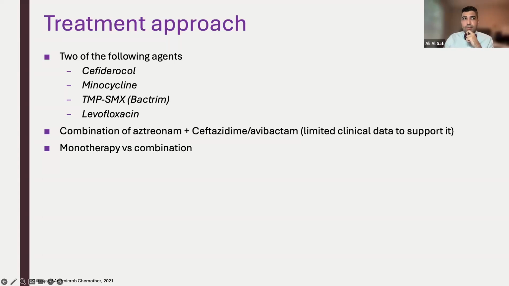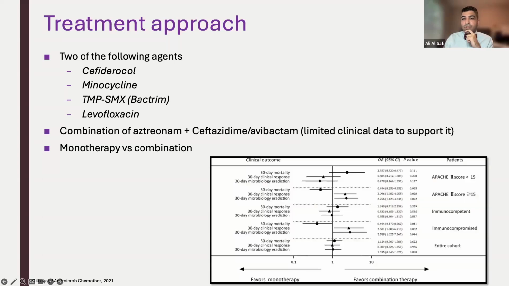In practice, we usually do monotherapy if the infection is mild, but if we're talking about moderate to severe infection, we prefer combination therapy, especially in immunocompromised patients. There was a multi-center observational study that looked at 307 patients with Stenotrophomonas pneumonia, and they compared combination therapy to monotherapy. They found that there is no difference in overall 30-day mortality